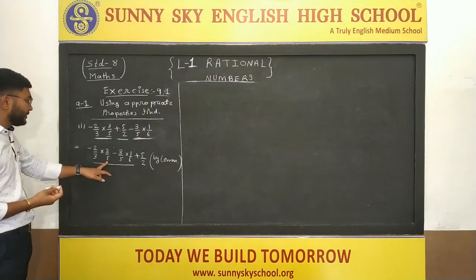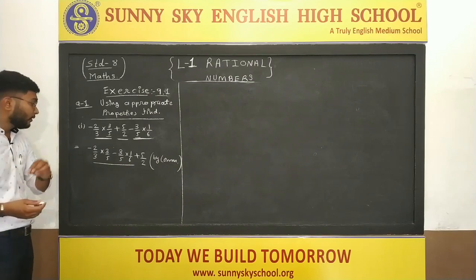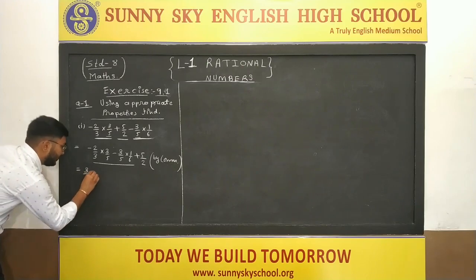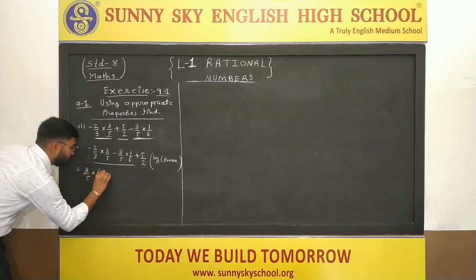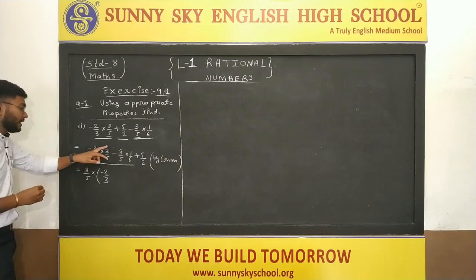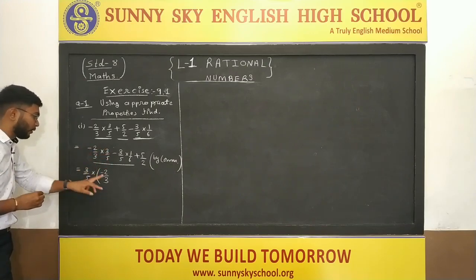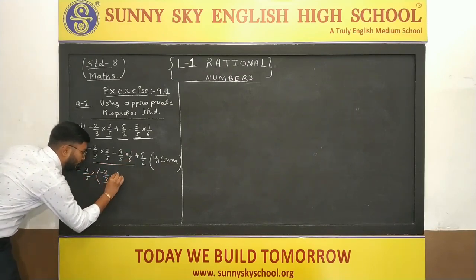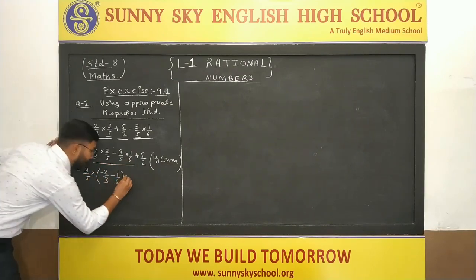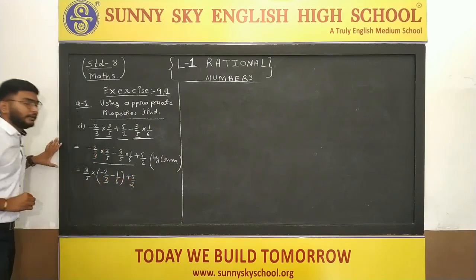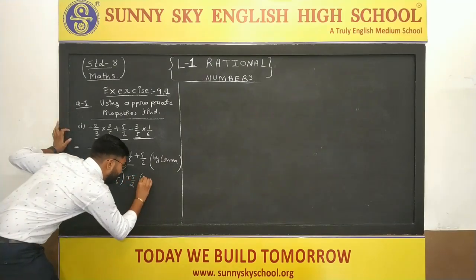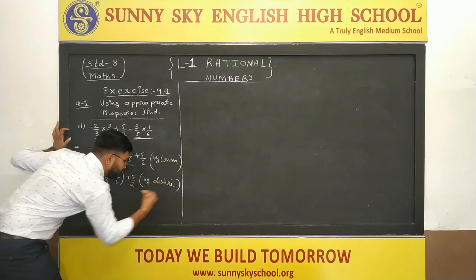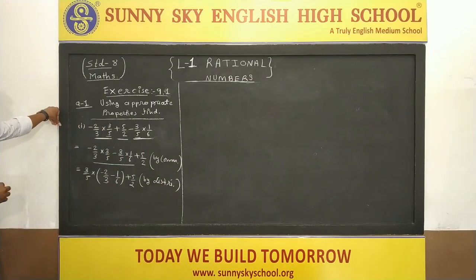Okay, now here you can see that 3 by 5 is the same there. Therefore, we will take 3 by 5 as common. See, 3 by 5 multiplied by, in bracket, minus 2 by 3. See, here 3 by 5 is coming outside, it means only minus 2 by 3 is remaining. Here also 3 by 5 is coming outside, inside minus 1 by 6 is remaining. And the last term, plus 5 by 2, as it is. And this step we have done by the distributive property.